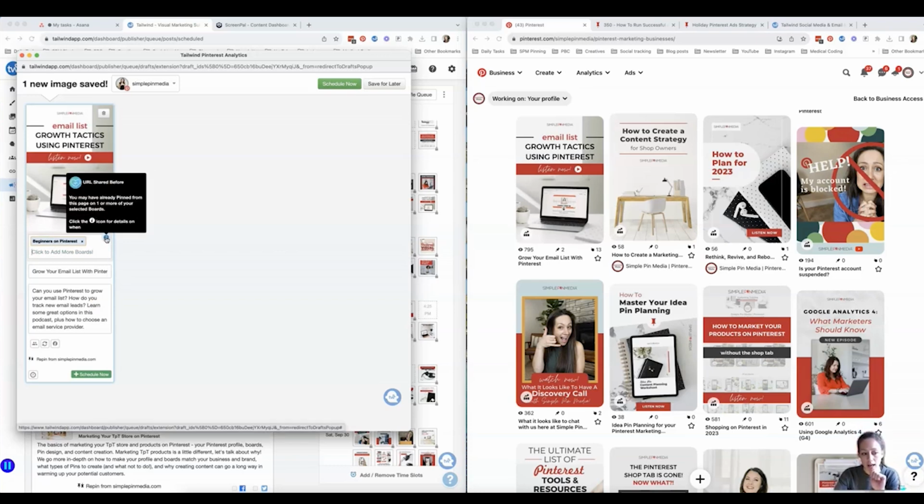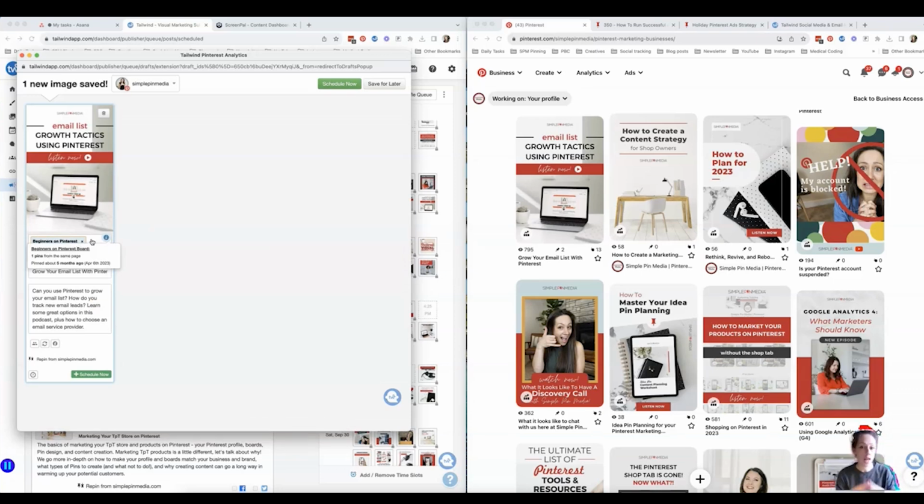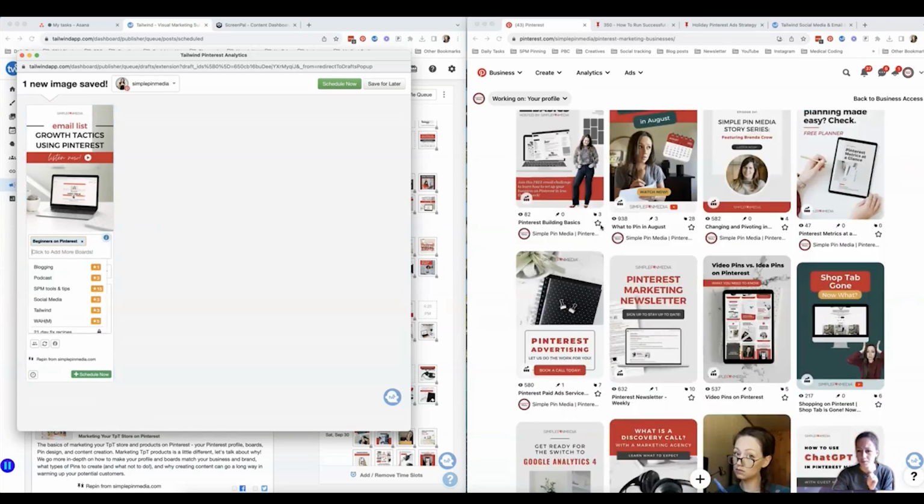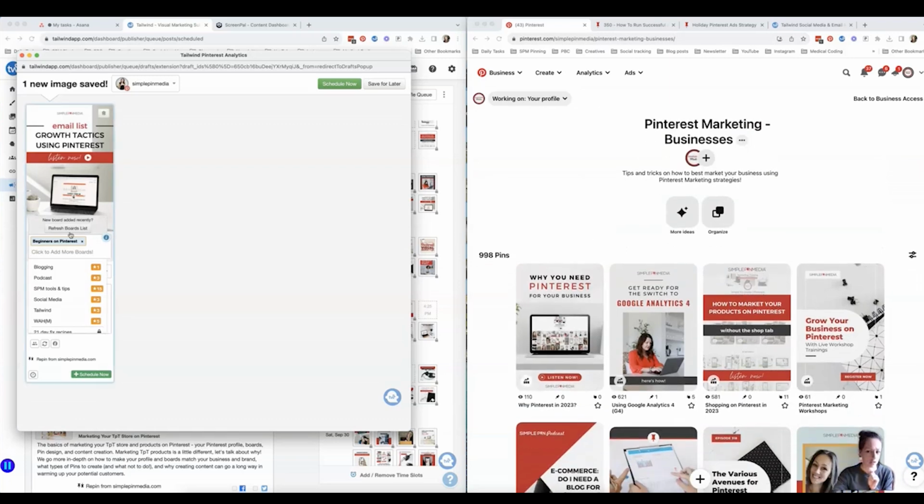This little I button, it tells you that you have pinned this URL to this board 5 months ago. But I did not pin this pin to this board 5 months ago. So that's what that's telling you. However, let's see, what was this board? It is the Pinterest Marketing for Businesses. So if I hit that,